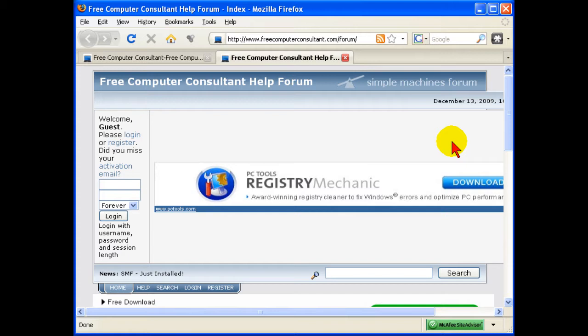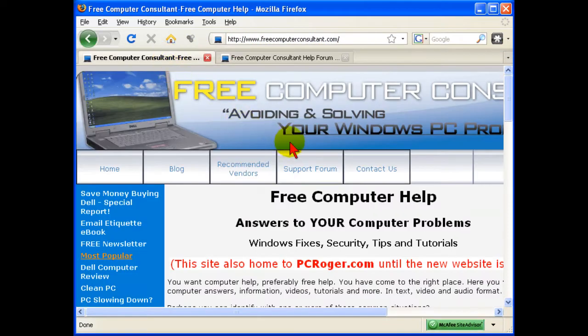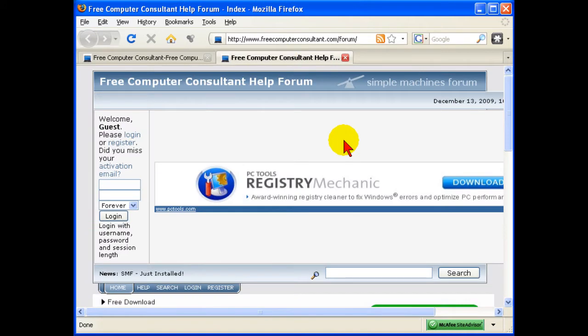Now, the screen's kind of crunched because I have to accommodate a lot of screen sizes, so I've got a small window here. But if you notice when you first come here, the address is simply freecomputerconsultant.com/forum, or if you're on my site, I have this big button near the top that you can click on and go there. But if you're in the forum, you'll notice somewhere on the left top,